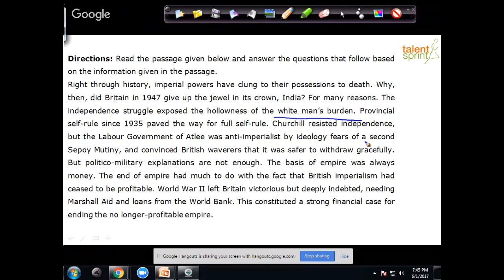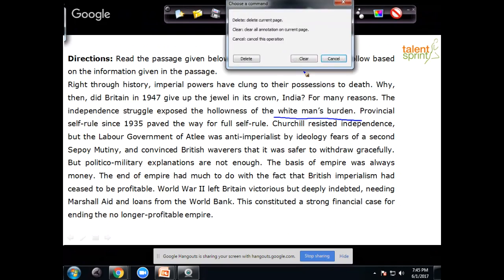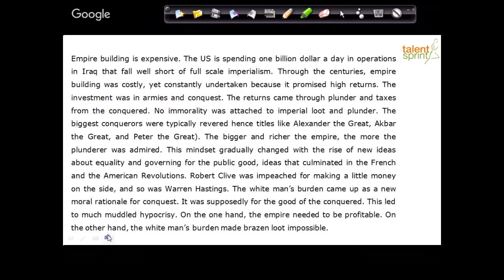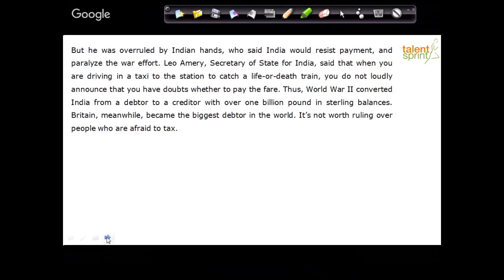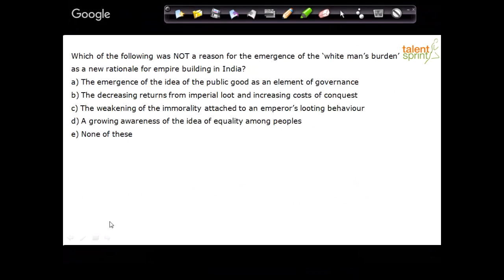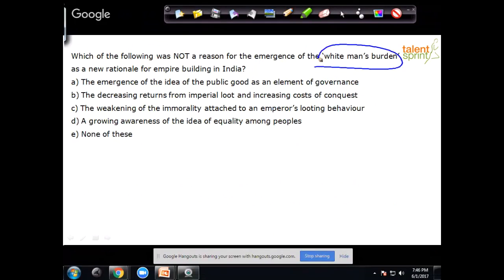Okay, good. Fine. So basically what we're doing is, we are looking at the context surrounding the white man's burden. That's our key phrase, right? Now, we have an idea where it appears. Go back to the options. In fact, that's the strategy you should have used earlier. As soon as you identify the key phrase, look at the options. You've scanned the passage to narrow down where this phrase appears.